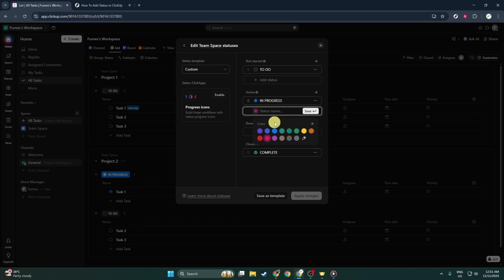Click on that and you'll be prompted to type in the name of the new status you wish to create. Think about the purpose of this status, whether it's for things like in review, on hold, or anything else relevant to your workflow. The name should be clear and straightforward to ensure everyone on the team understands exactly what it implies. Once you've typed in the new status,